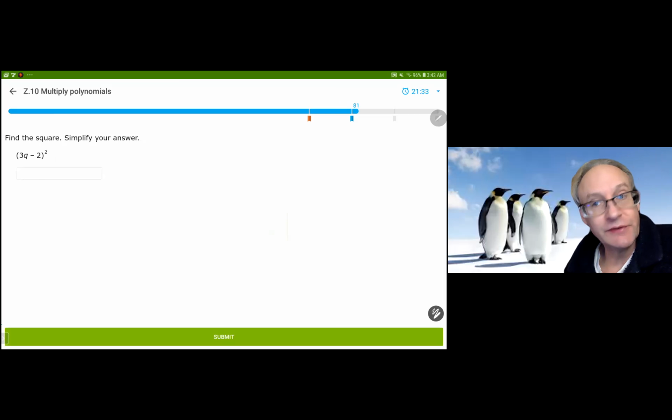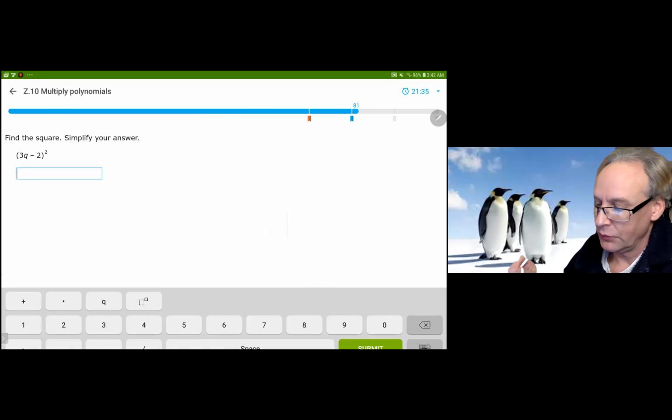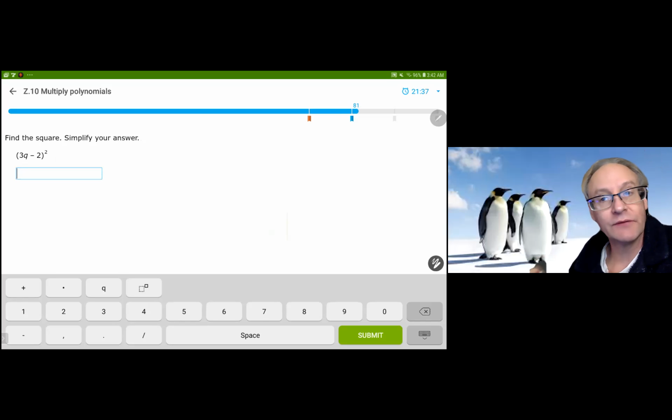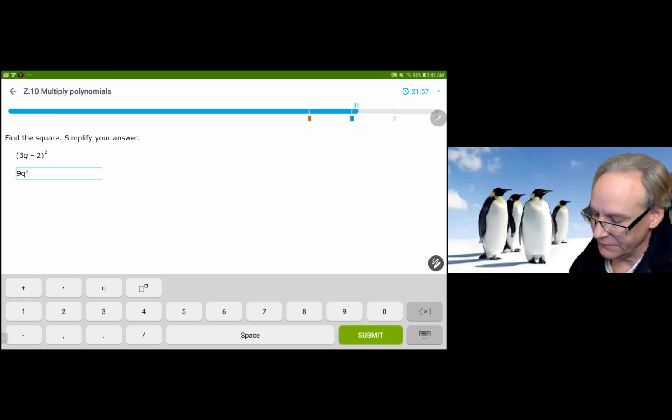Oh, don't distribute that square. We end up with a middle term. Whenever you square a binomial, you always get a middle term. It's always double the product. That is 9q squared. My middle term is going to be double the product. The product is negative 2 times 3q, which is going to be negative 6q. But I get 2 of those, so I have minus